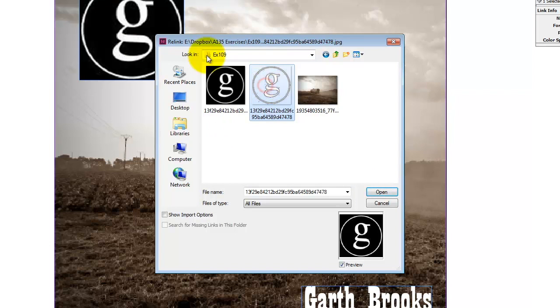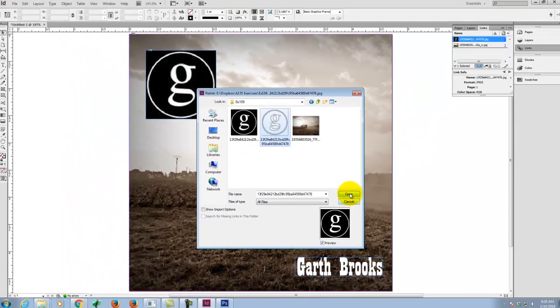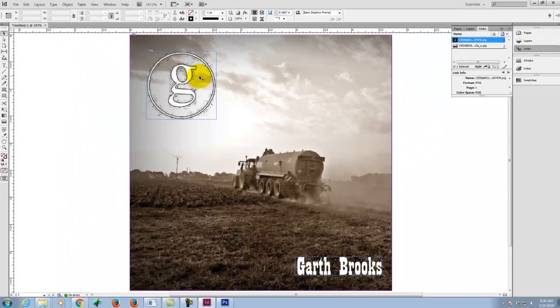And I could pick this image instead and say Open. And it will replace one for the other. Right? And I did a terrible job isolating that. But you get the idea. Okay? And so I can start to layer this stuff up very, very nicely such that I can create this